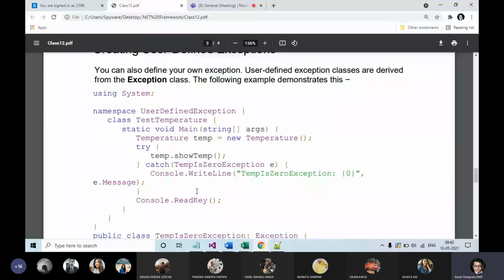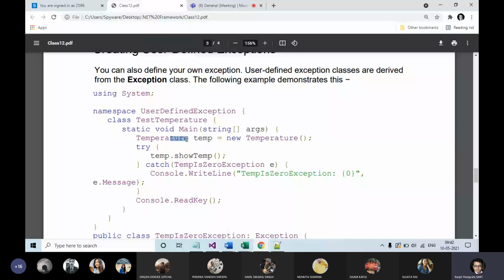It has a test temperature class. Within the class there is a main function. Within the main function, it is creating an object of the temperature class, the same class. Then it is displaying a message.